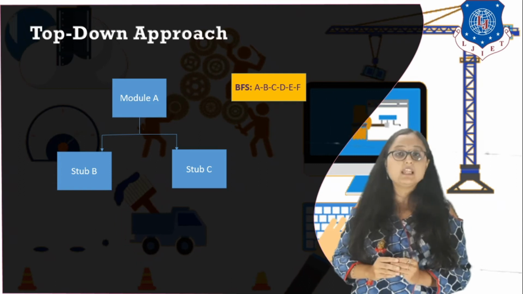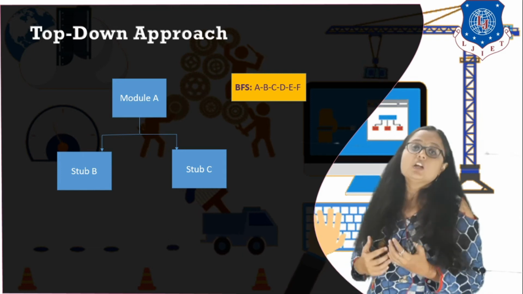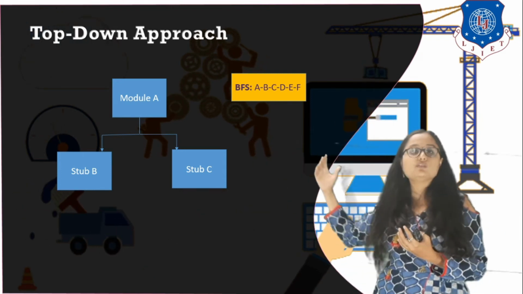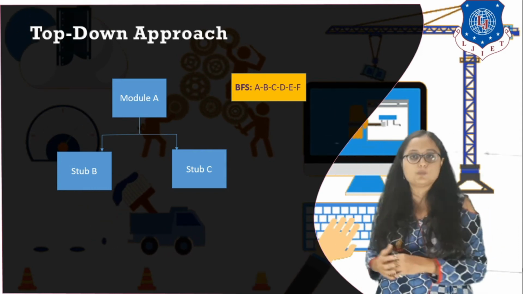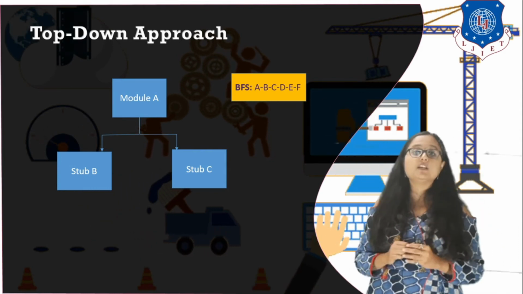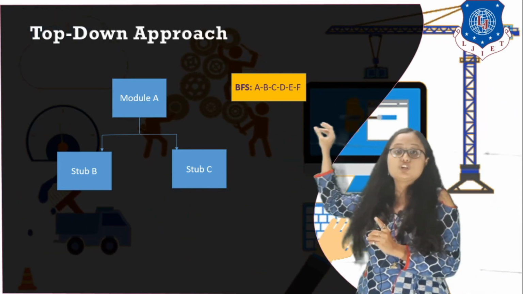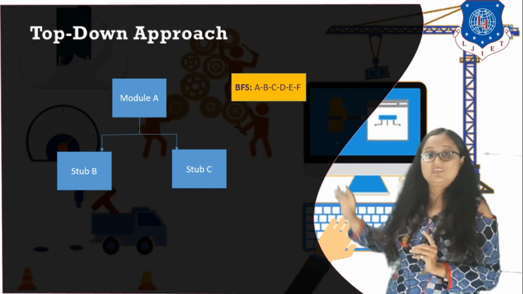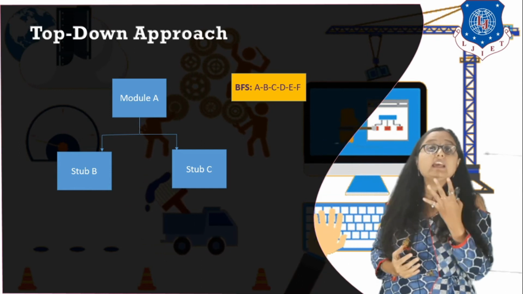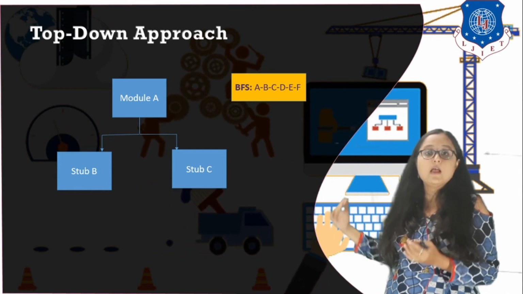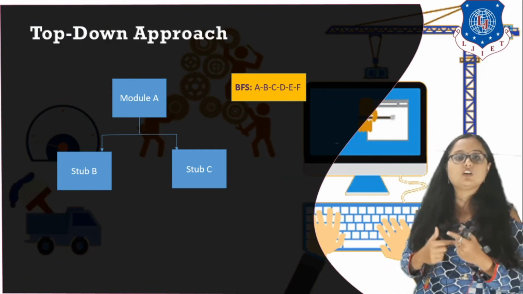But it is a possibility that while doing incremental testing in integration, module B and module C are still under construction, because these modules are being created by different developers. We have already studied in unit testing the concept of driver and stub. If module B and module C are still under construction and they are lower level modules called by module A, then we can replace both of them by dummy modules, stub B and stub C, and then check for integration.